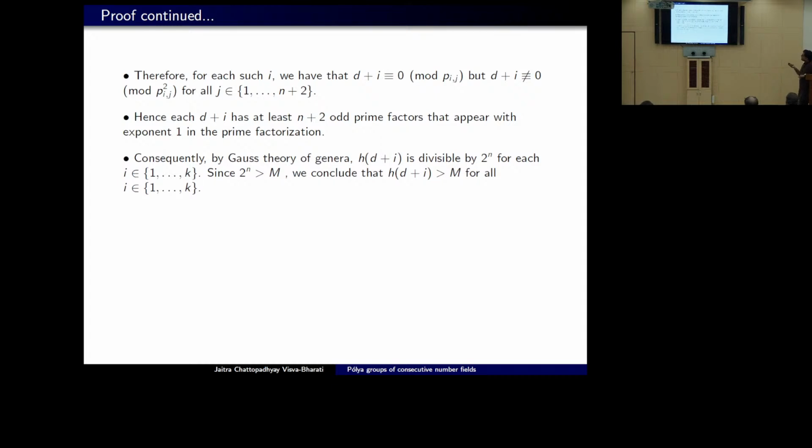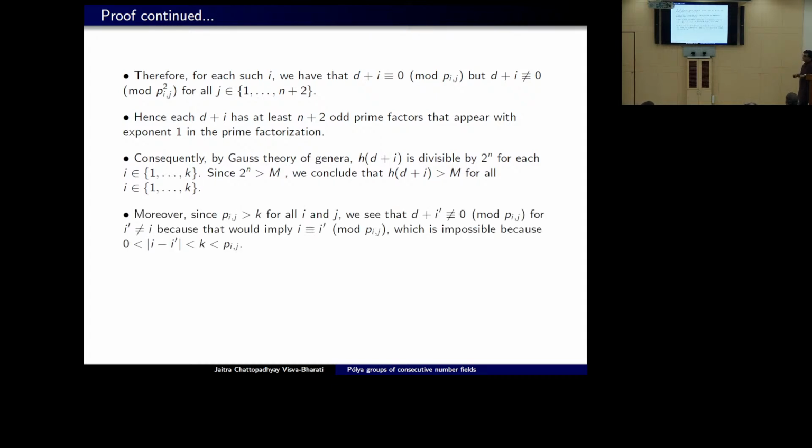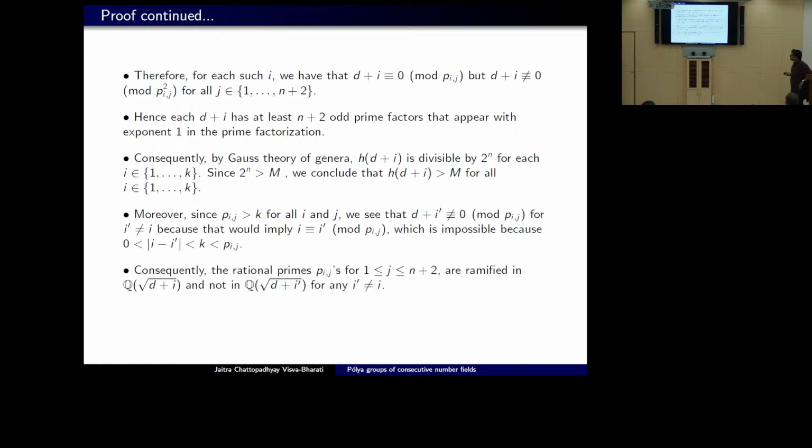And we have to ensure that these fields are all distinct. So there is a common technique to show that some family of quadratic fields consists of distinct fields by using the theory of ramification. If we want to show that Q(square root of d+i) and Q(square root of d+i') are distinct, all we need to show is that there is some prime number which is ramified in one quadratic field but not ramified in the other, and vice versa. So if we look at d+i' for some index i' different from i,